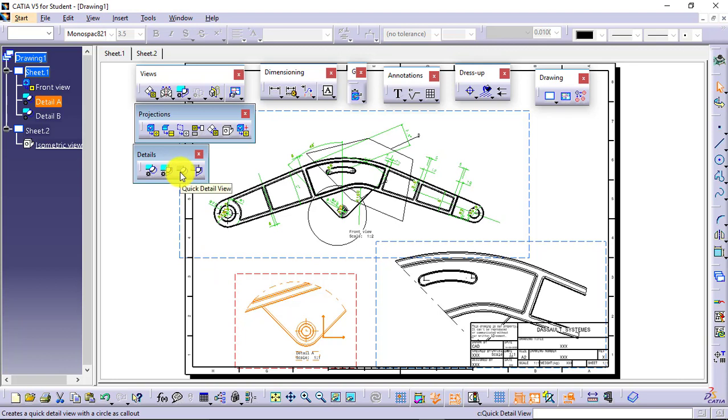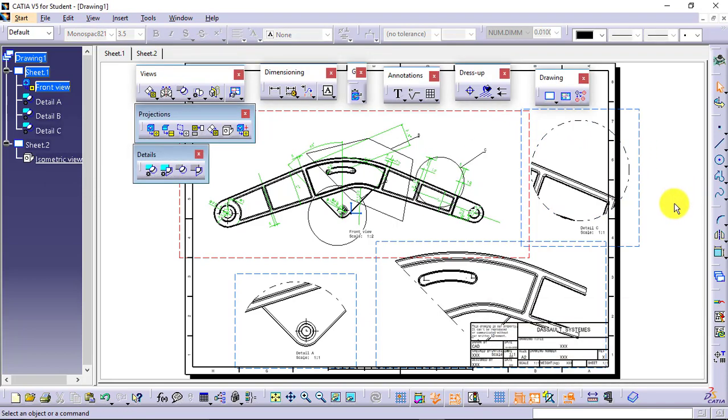Then two more types are there: quick detail view and quick detail view profile. I'll just activate the view. Yes, so I'm directly getting the view. The difference between quick detail view and detail view is simply that your quick detail view will take less time for generation.